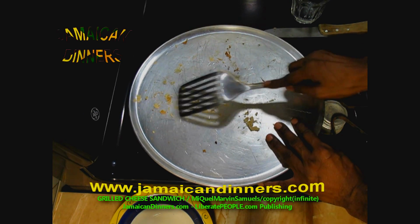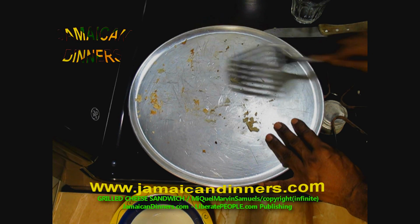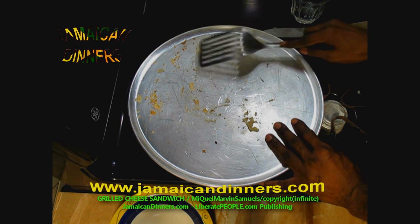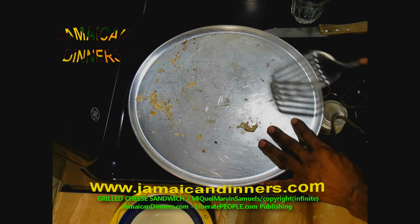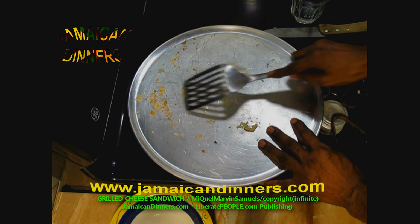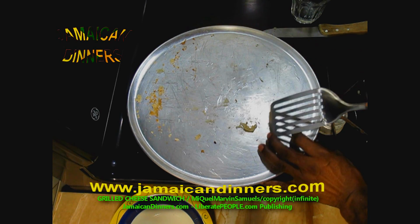I just made a sandwich and it was good. So I'm gonna show you what I just did. This is a pizza tray. I'm just scraping off the excess toast because today we're gonna make